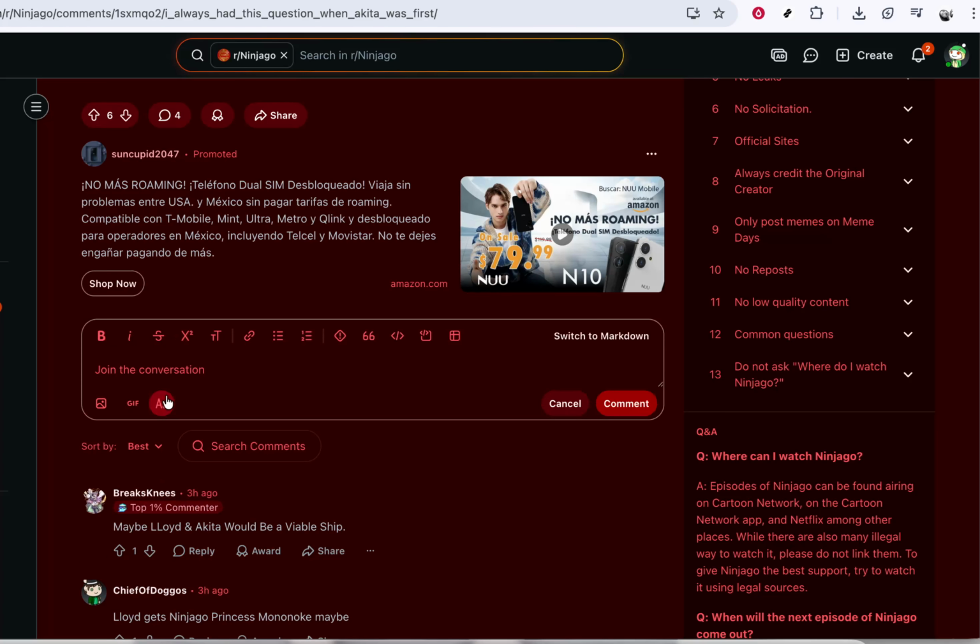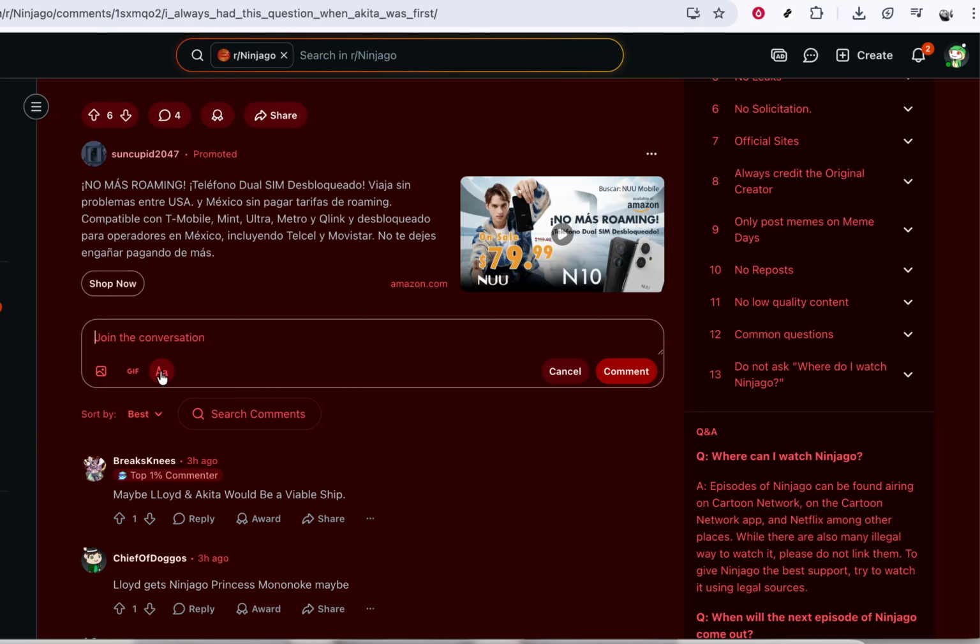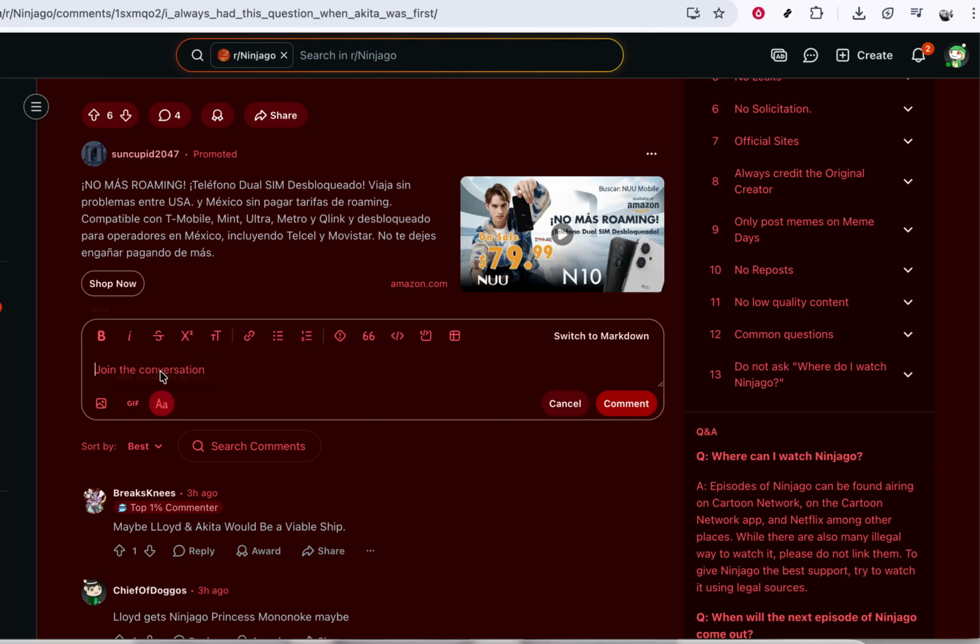If you change your mind, you can always click the same option again to remove that formatting. When your comment looks the way you want and reads clearly, you're ready to post it and join the conversation with a well-formatted